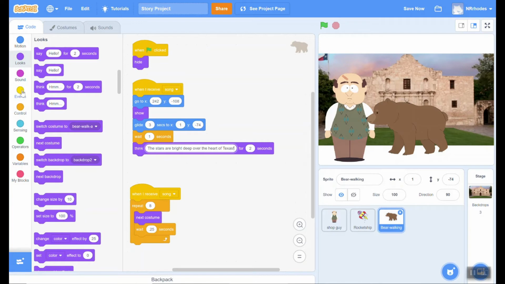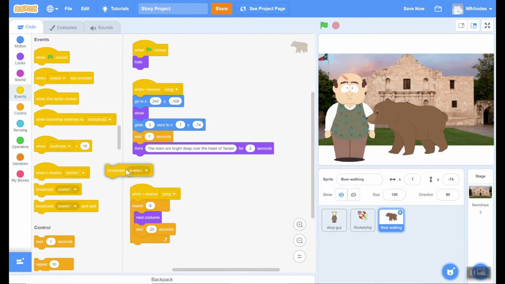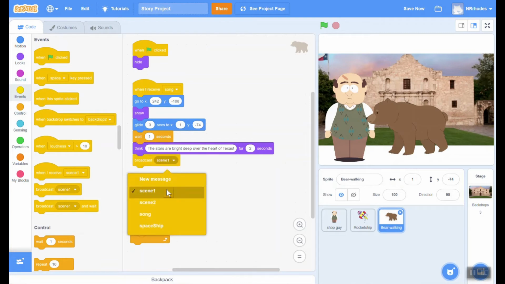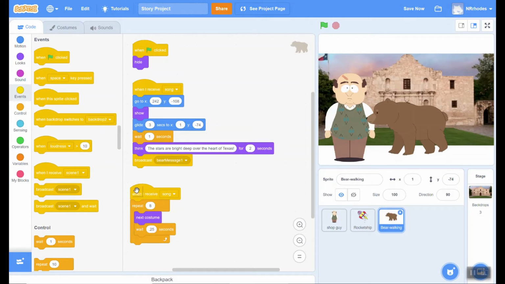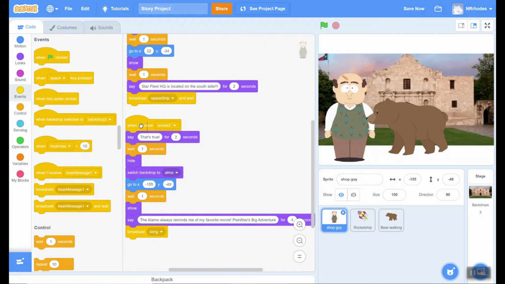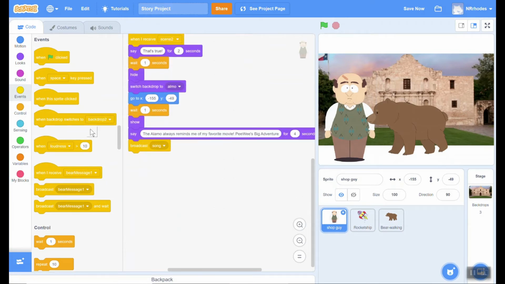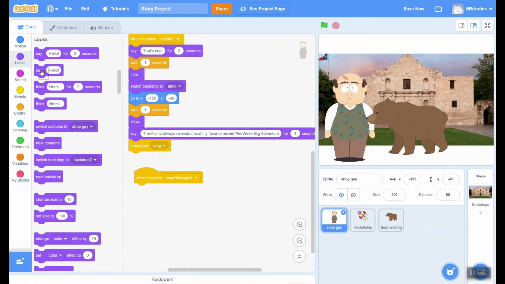Once it's there, we are going to broadcast again. So broadcast over here. What are we going to broadcast? This is going to be bear message 1. We broadcast bear message 1. You can see we're starting to run out of space here. We can keep scrolling down. I like to keep mine in line of how stuff goes. When I receive bear message 1, we're going to say for 2 seconds,